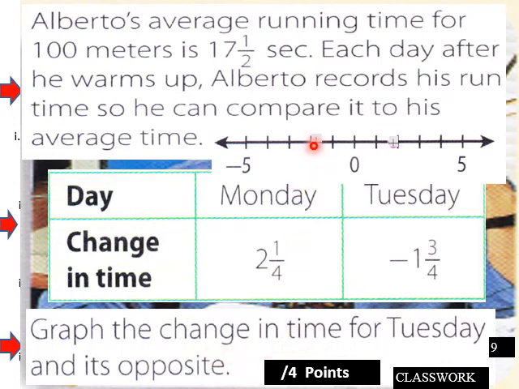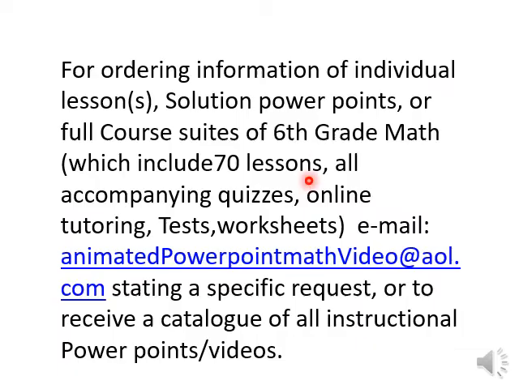So we start over here at negative 1 3/4. And what's the opposite of negative 1 3/4? It'd be positive 1 3/4. This is the original here. Negative 1 3/4 would be over here. And that was lesson